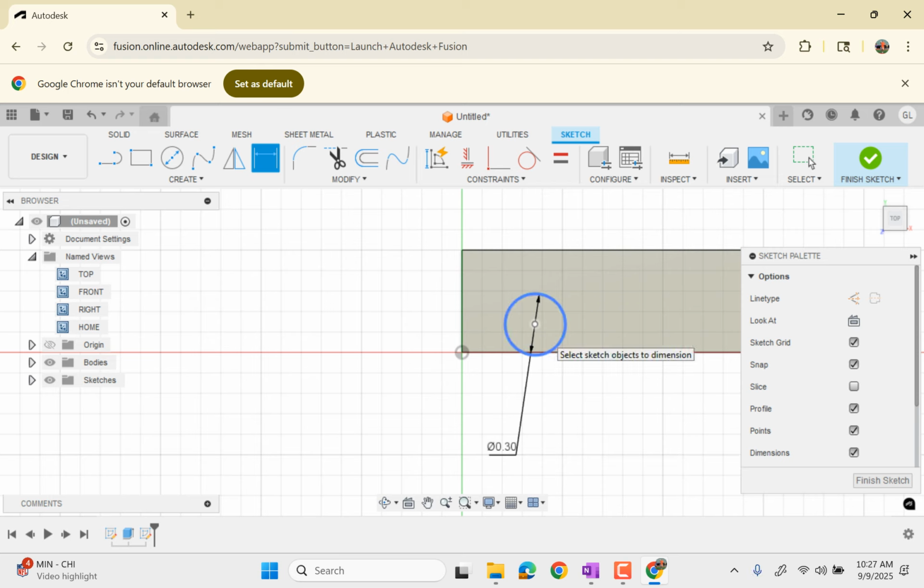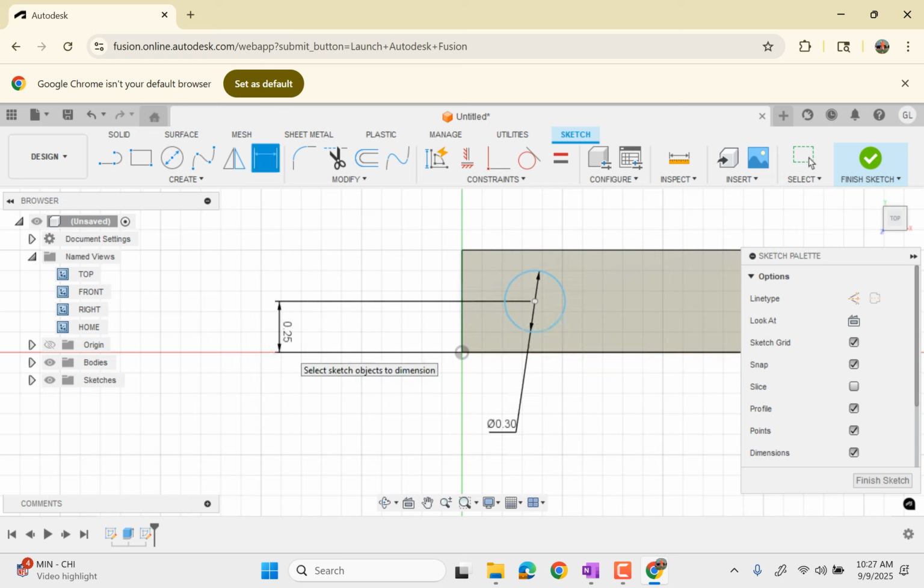And then we want the distance from the center to the edge to be, the whole thing is 0.5, so we want that to be 0.25. And then we want, okay, so the distance between, so LR, okay, so I think we want